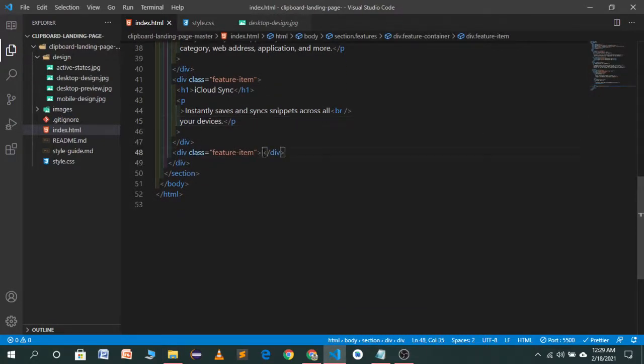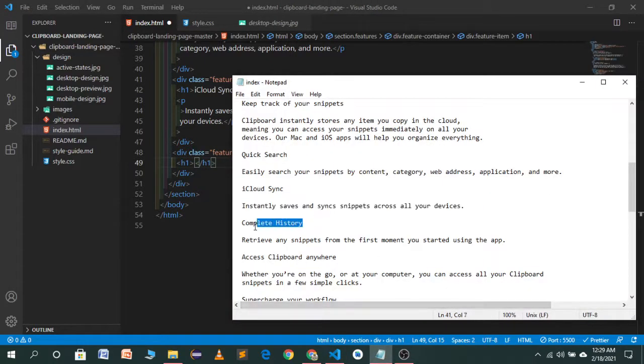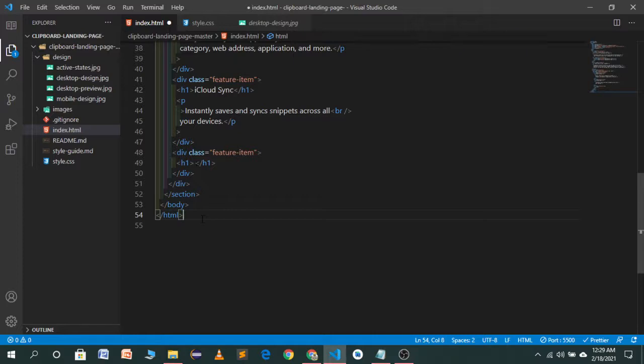And it is similar. Go to our h1 tag, and the third feature will be complete history. We'll save it. We will copy it and paste it, not here, in our h1 tag. What's happening?